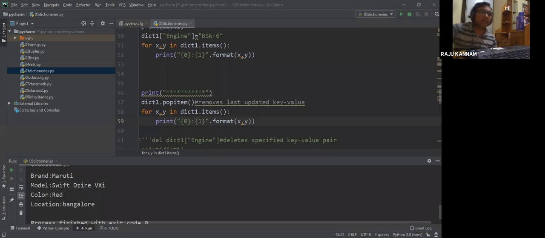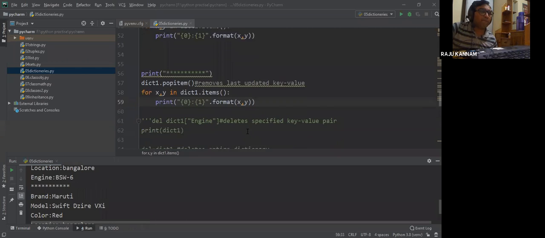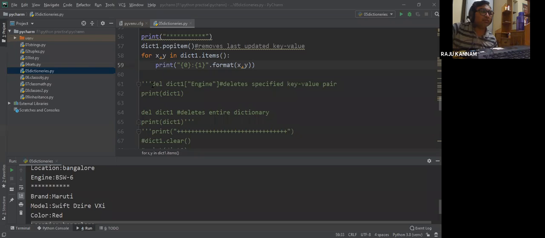That means whatever the last entry he made, you want to cancel. In that case, no need to search for that particular entry, which key, what is the value. You can simply apply popitem, and that will remove the last entry made, automatically removed. So that is the use of popitem.